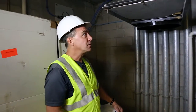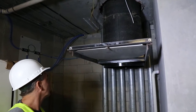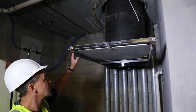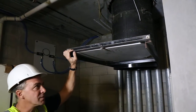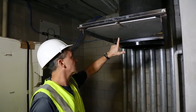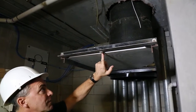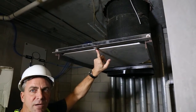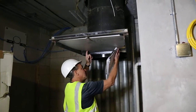So getting started here at the bottom of the trash chute in the South Tower, mainly in the room, all we have to really discuss is this assembly right here, which we call a guillotine in the trade industry, but it's actually a fire damper for a trash chute. It's held open by a fusible link, which is right here. If this link were to melt at 165 degrees due to a fire, this guillotine blade that's right here is